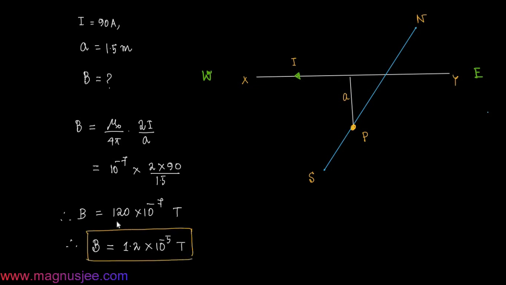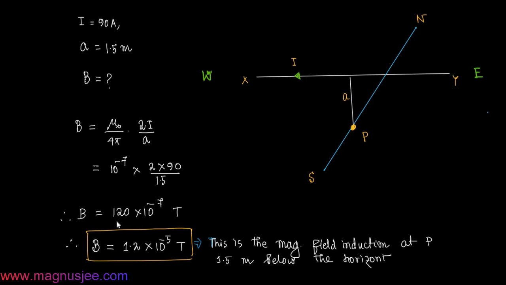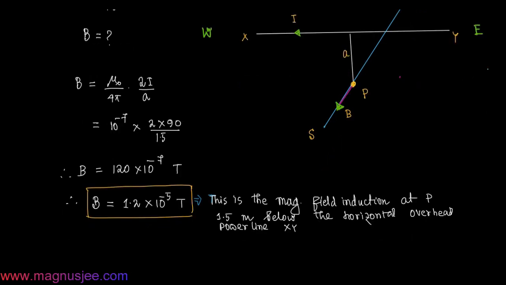or flux density at the point P at a distance A from the straight conductor XY below, and the point P exists below the straight conductor. And B is equal to 1.2 into 10 to the power minus 5 Tesla. This is the magnetic flux density or field induction at the point P 1.5 meter below the horizontal overhead power line XY, which is placed along east to west direction, and this magnetic flux density or field induction acts